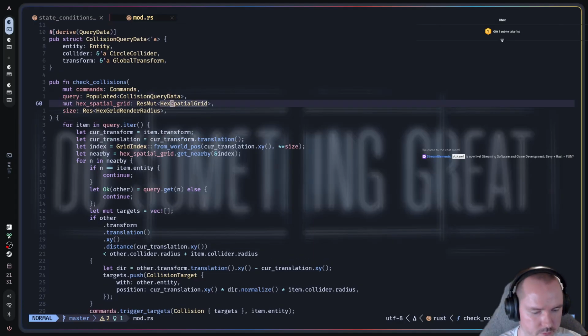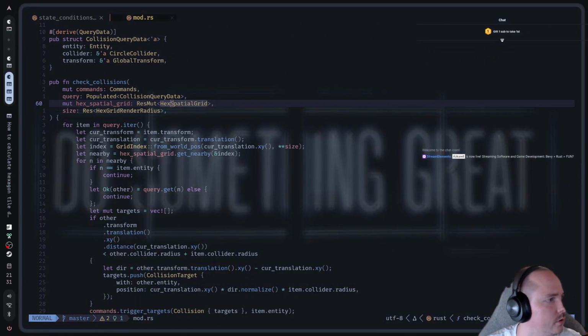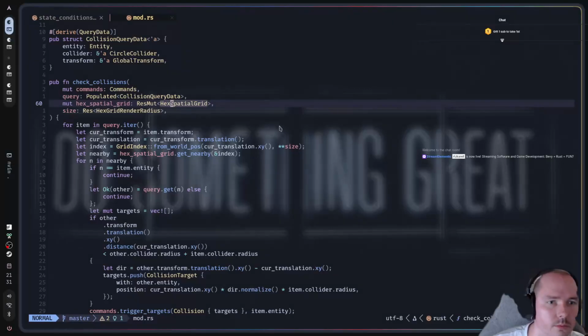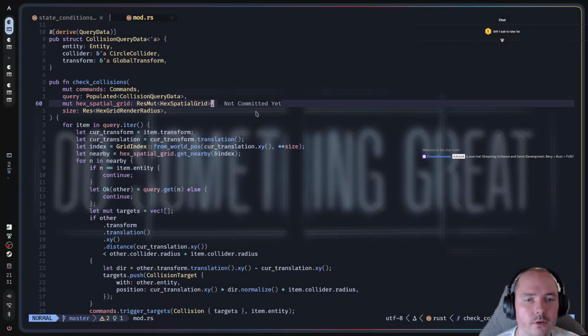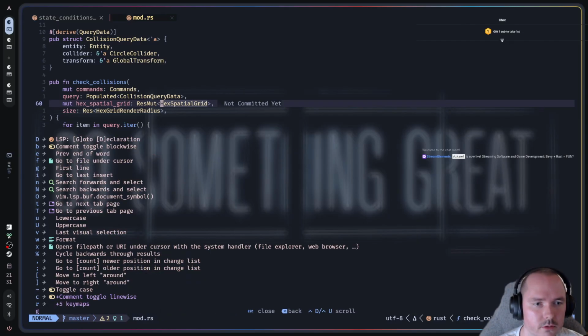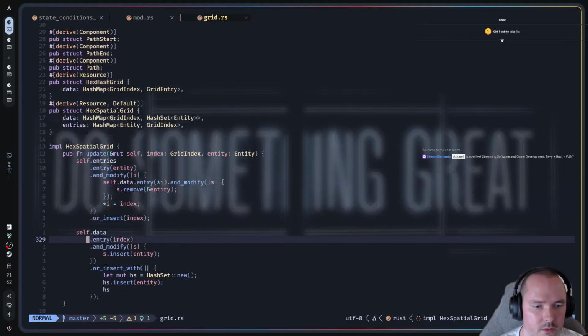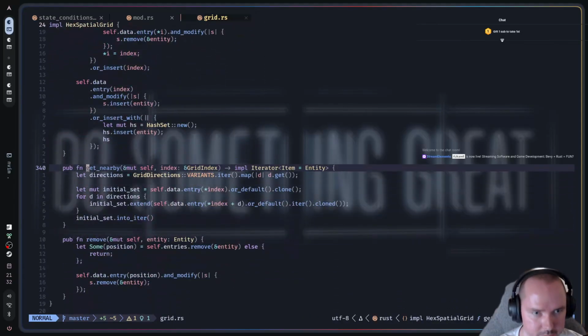So more or less, let me actually, oops, that was wrong. That's what I'd like to have. So I have here this hex spatial grid, and if I go into here, it has a method get nearby,